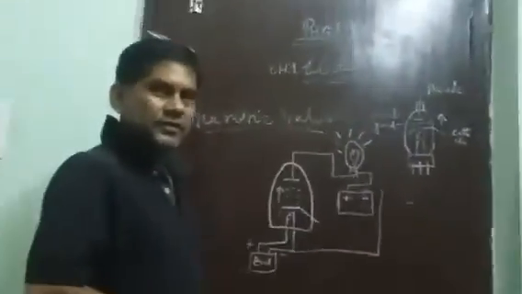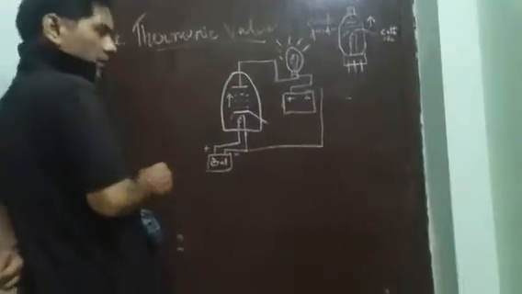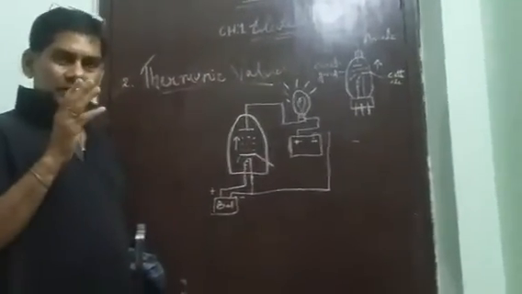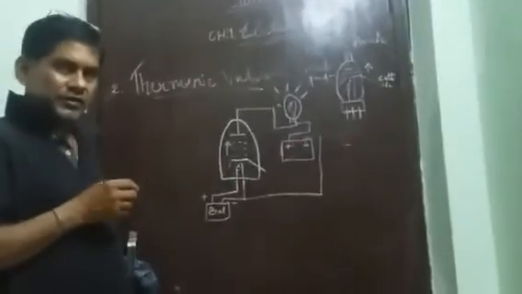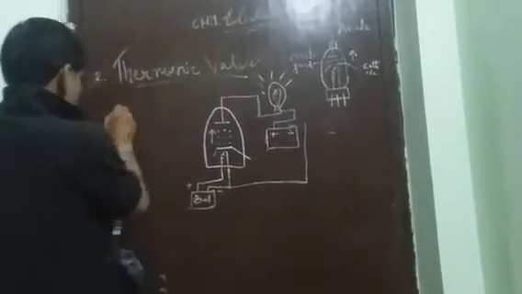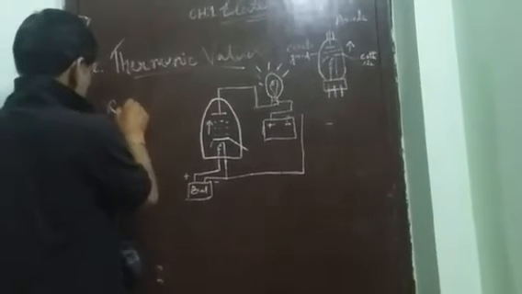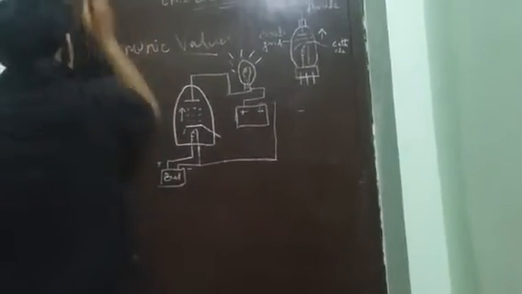There are different types of circuits in a radio. Now I am going to explain what an electrical circuit is. First you understand what a circuit is. See, there are three common types of circuit in an electrical or electronics device. One is the resistive circuit. In any electrical circuit, there are three common circuits: one is the resistive circuit, another is the capacitive circuit, and the third one is the inductive circuit.